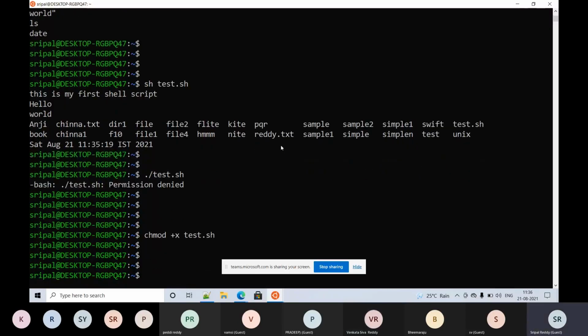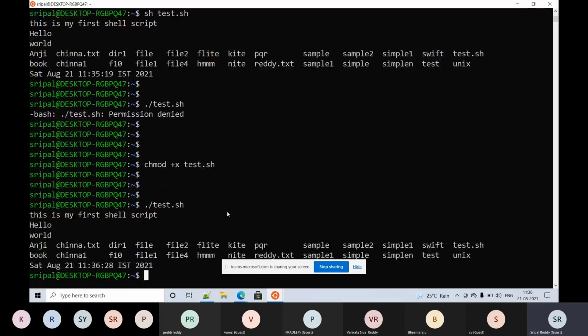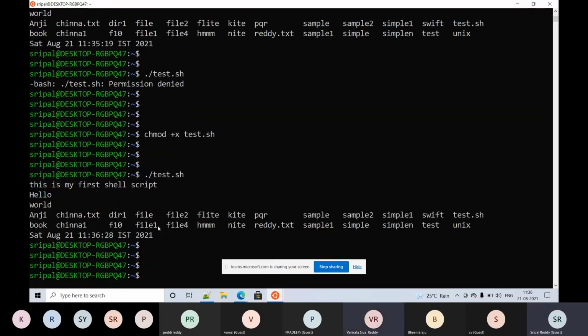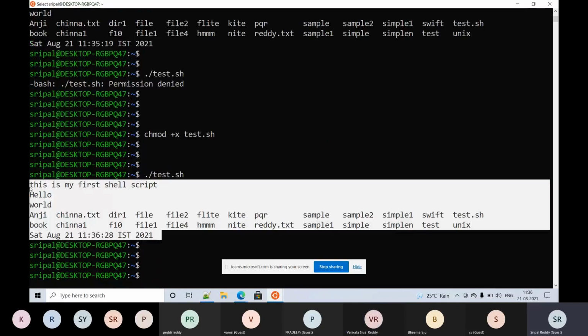In such cases, when we don't have permissions but still want to execute the script, we use sh followed by test.sh. Now I have added execute permissions to this file, and I'm executing using the second technique. Right now we're not getting the error, and it completes as intended. In both cases, we got the same output.